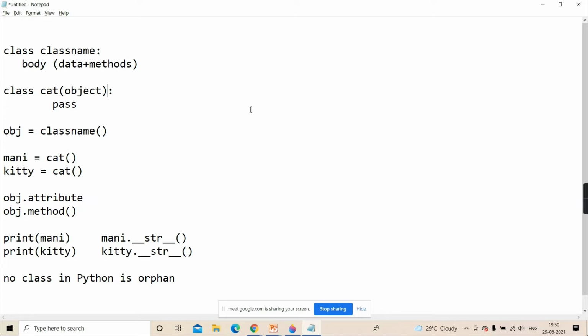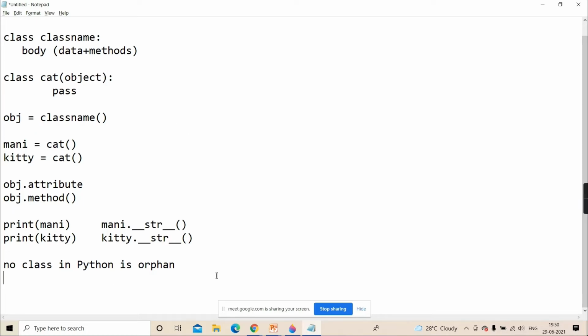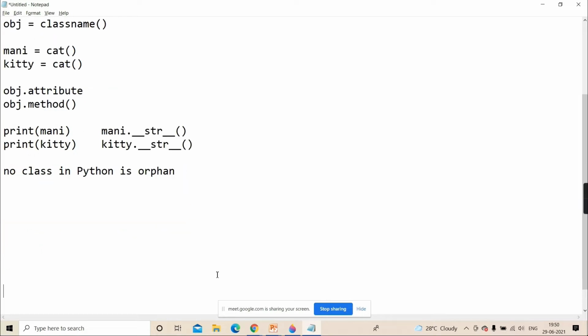Even in C#, for those who have learned C#, there also it is capital. It's called a generic class, the root class of everyone. For example, suppose I have already created one class person. Then I have created class student.